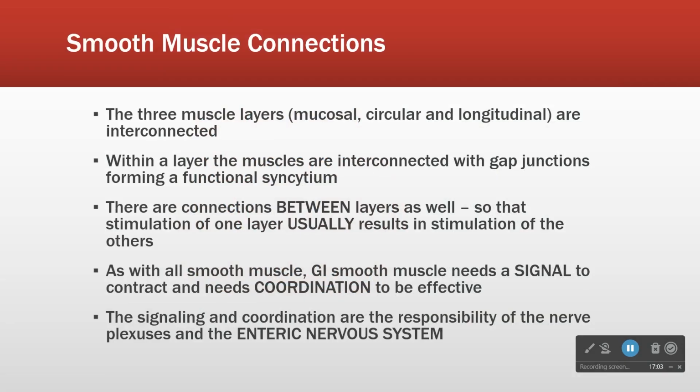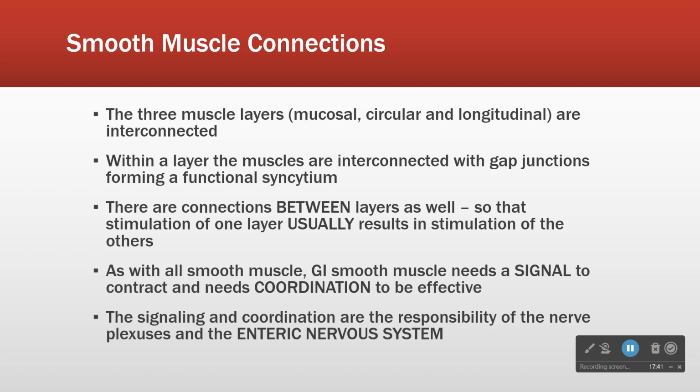So the three muscle layers, mucosal, circular, and longitudinal, are interconnected. Inside a layer of muscle, the individual smooth muscle cells are connected to each other by gap junctions, making them a functional syncytium. Remember that term? Like the heart is a functional syncytium. Similar kind of thing. So when one area of the mucosa, for example, contracts, the area around it also tends